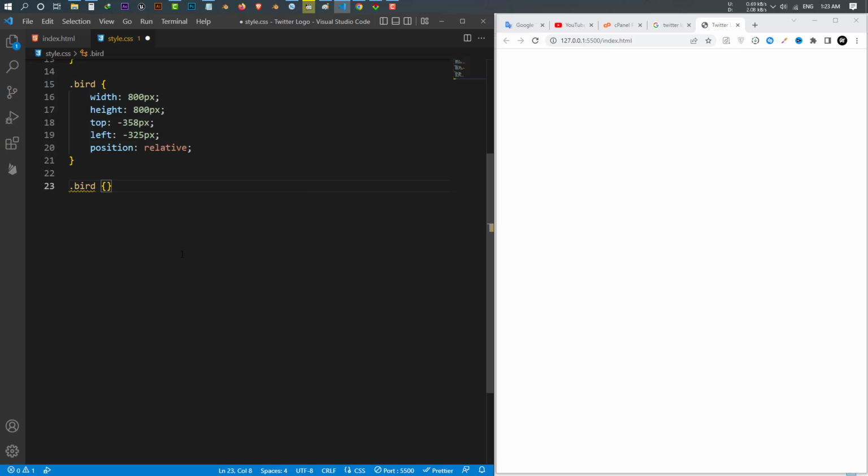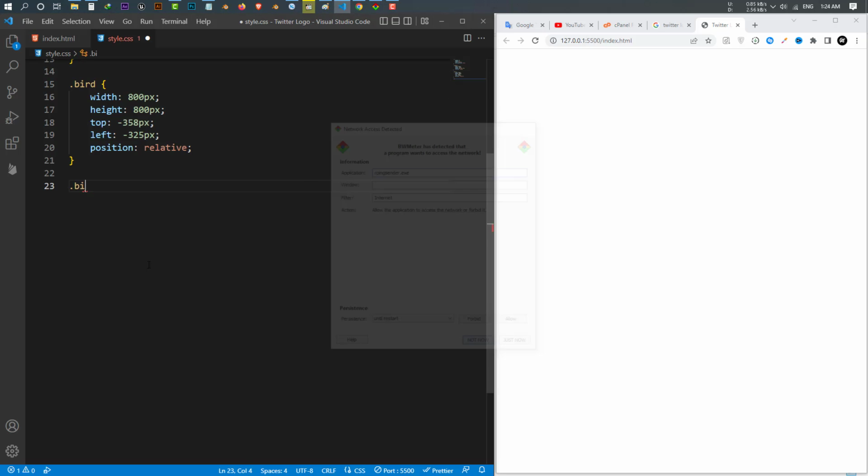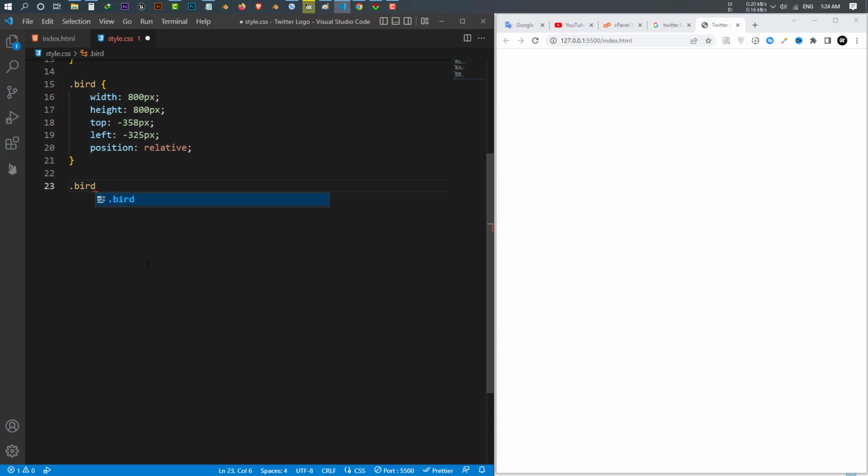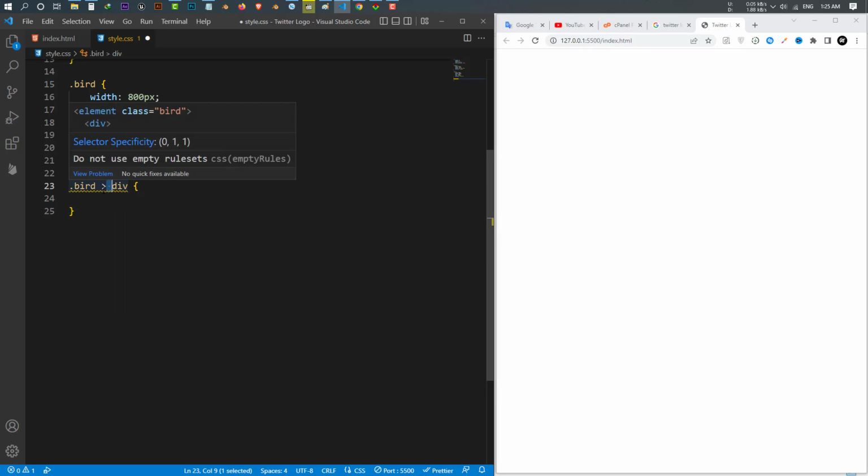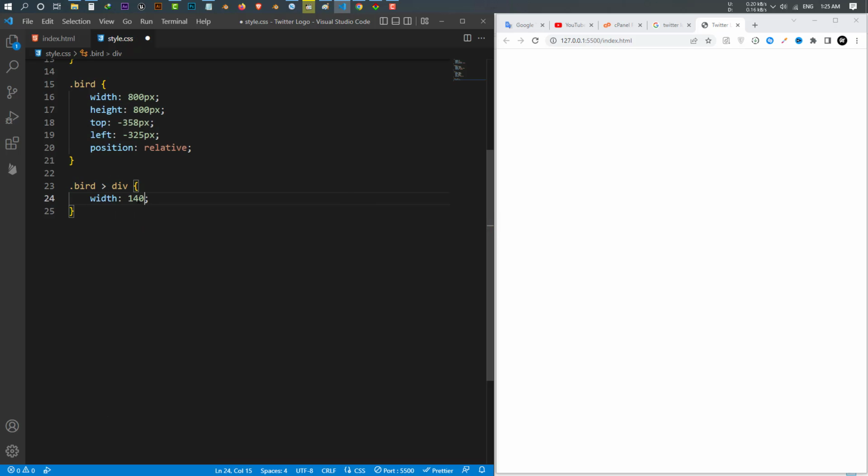Okay, and after the bird, I want to select the bird, and from the bird I want the first child of the div. Okay, so this means to select the first child of this div, and I want to give it a width. I give it 114 pixel, and I want to give it also a height of 140 pixel, and let's give it a background color of